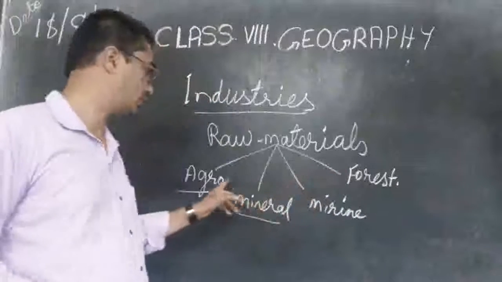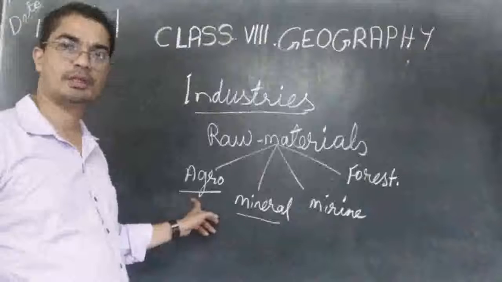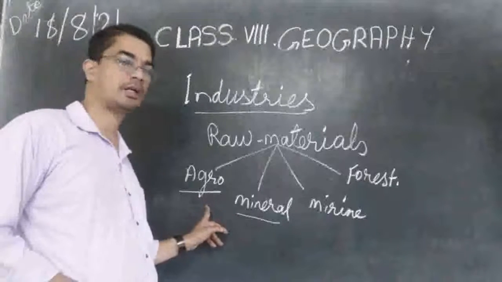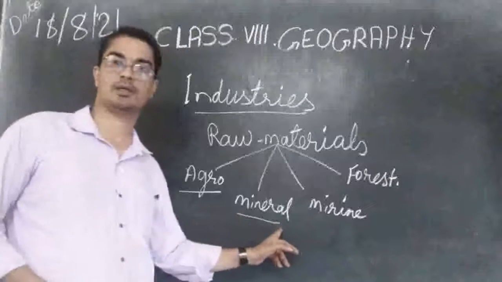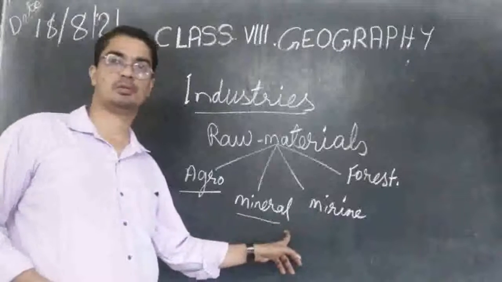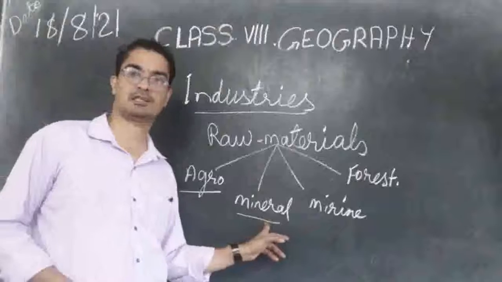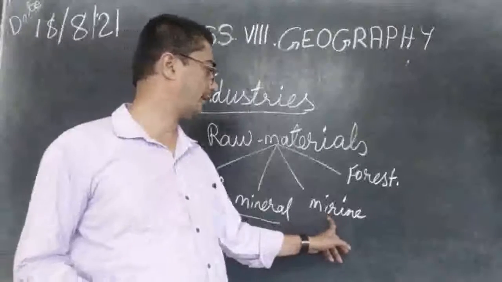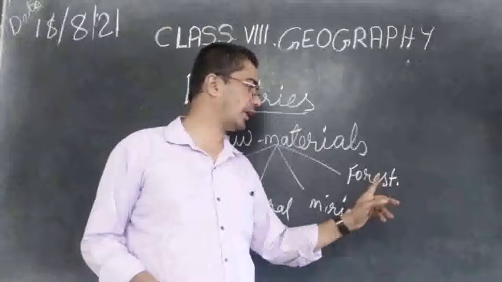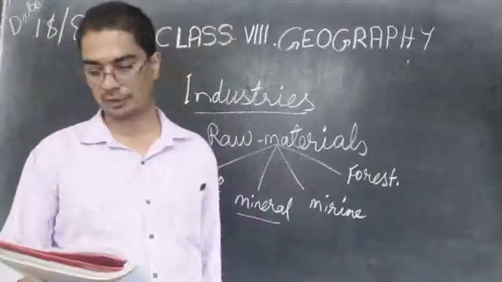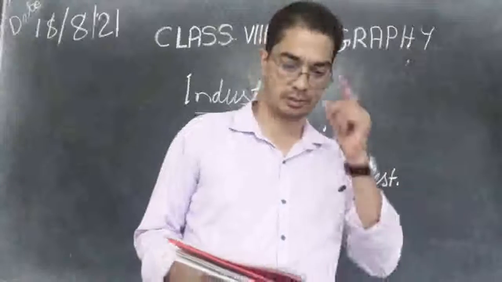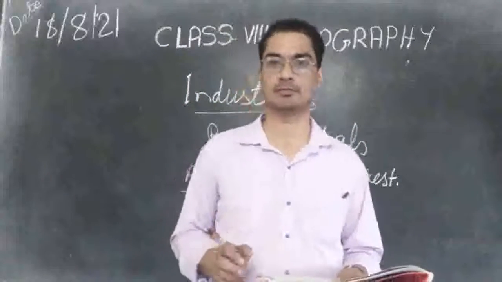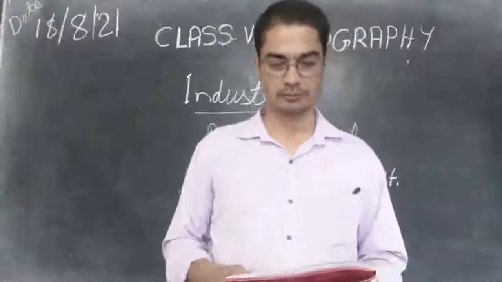And in the last class we saw what are the raw materials used from agro or agriculture, or what are the industries that use minerals as their raw materials. Today we shall see about marine-based industry and forest-based industry and so on. So take your textbook page number 51. Page number 51. We will see